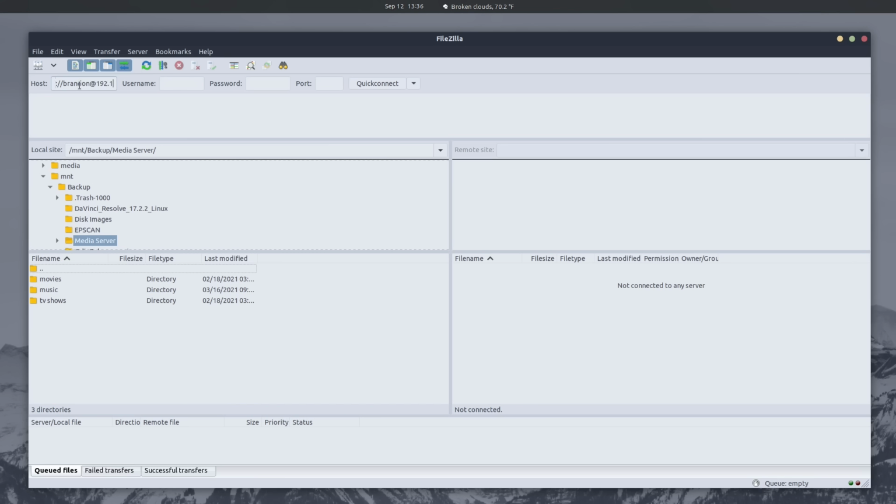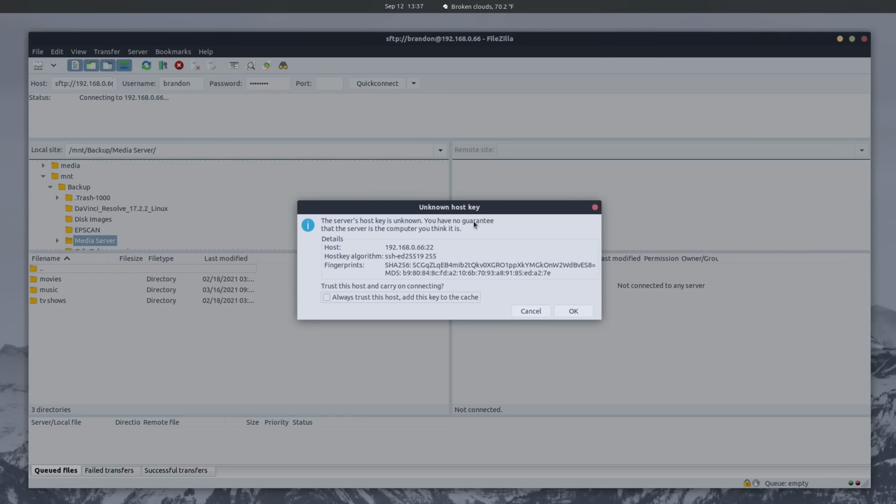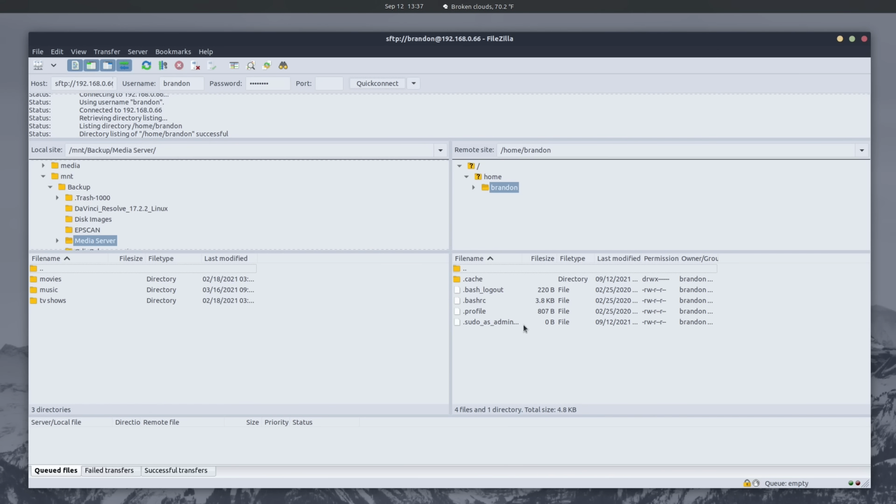Mine's 192.168.0.66. In username, you're going to want to input your username again, input your password for the server. You can ignore port and hit quick connect. When you do that, you may see this if this is your first time connecting to it. It's our server, so we're going to go ahead and trust it. Hit OK. And now we are in our home directory,